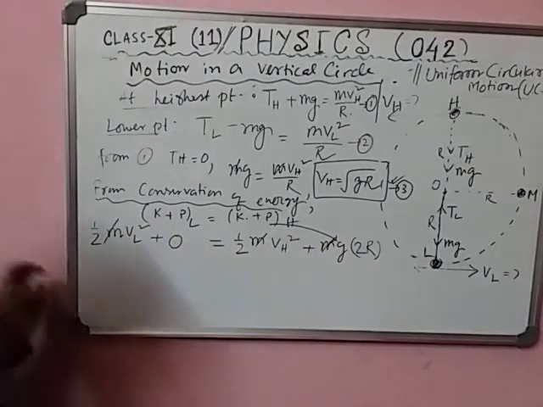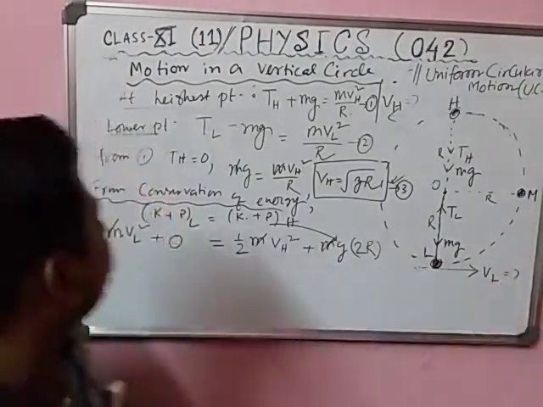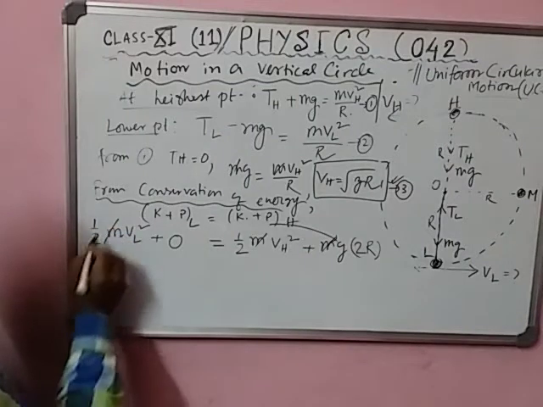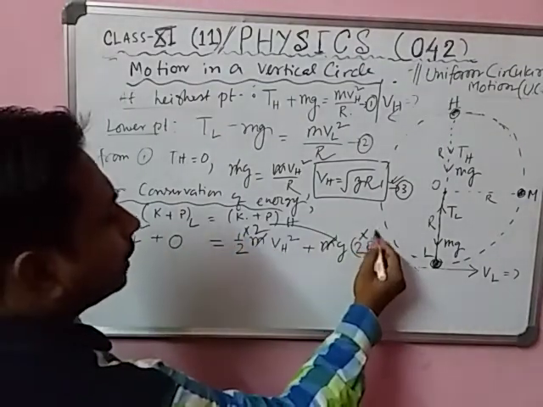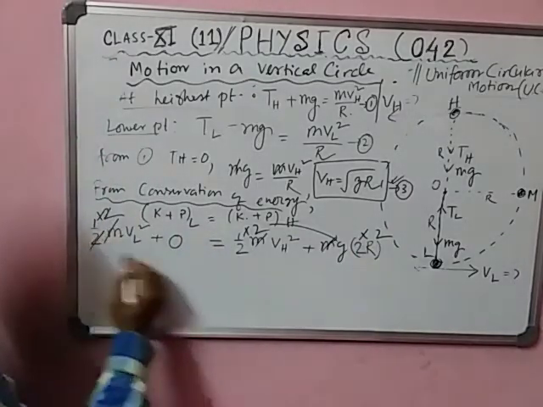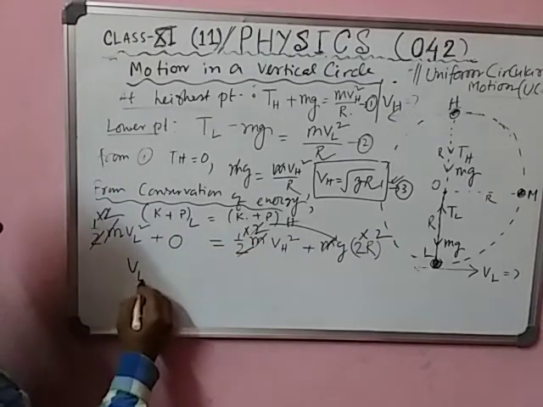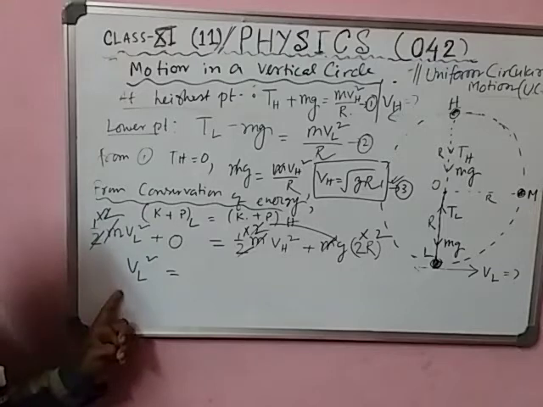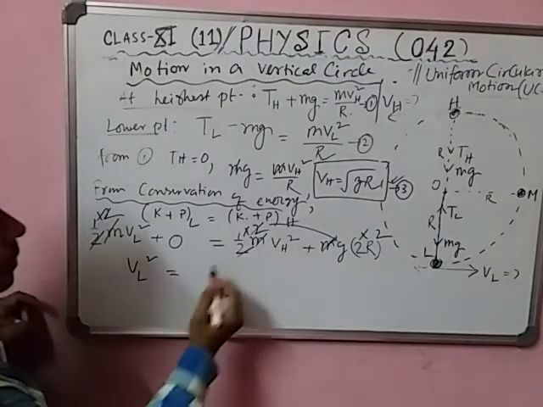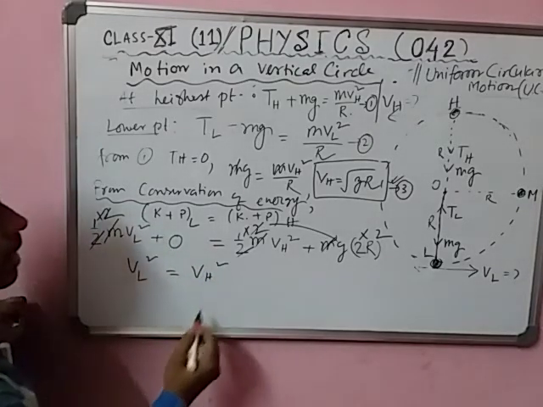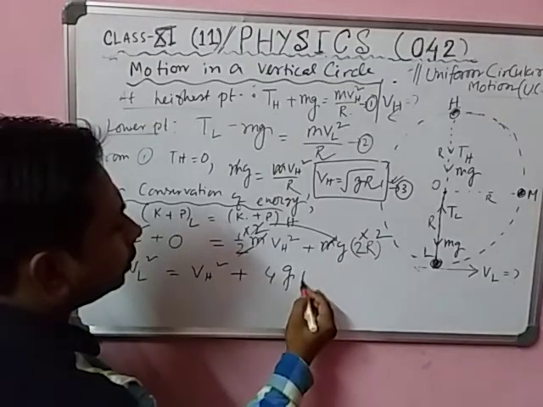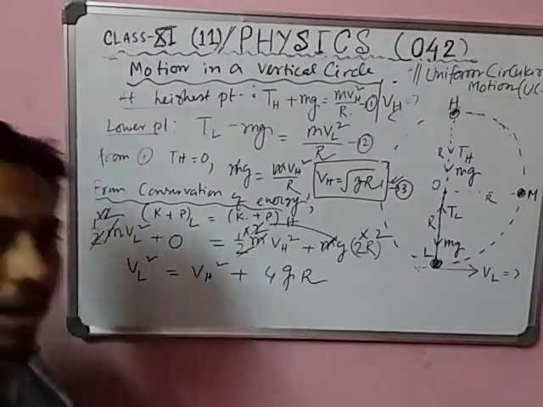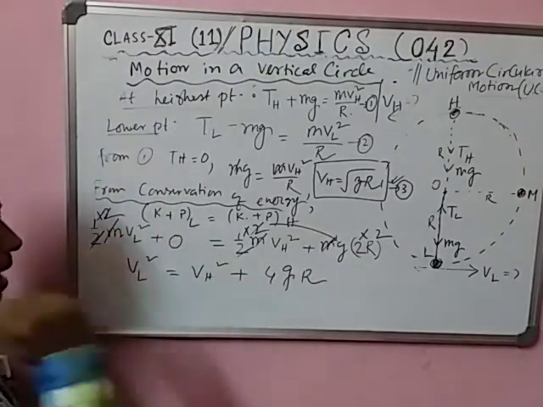Multiply by 2 so that you can remove this 2. Multiplied by 2 here, and here, so 2 cancels, 2 cancels. So you require vl square, which is vh square plus 4gr. Got it? Students, now